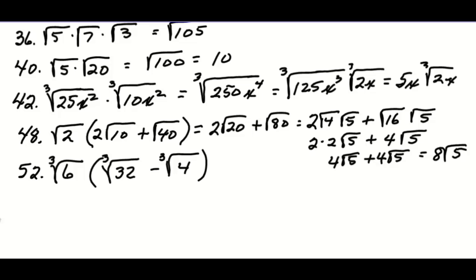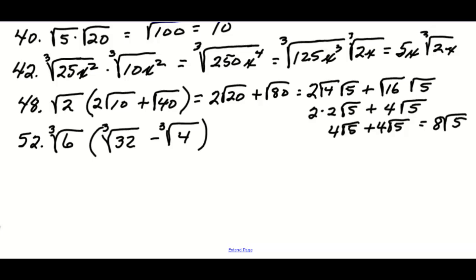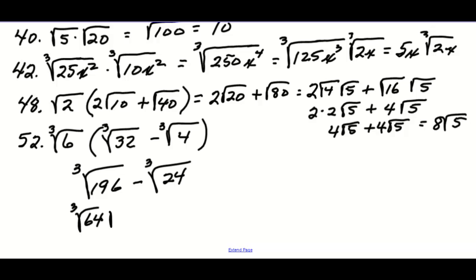Here we're again doing the distributive property, and I'm going to do that down below this because it's spaced. So if I take the cube root of 6 times the cube root of 32, what I end up with is the cube root of 192 minus the cube root of 24. Now, looking at our cube roots, what I realize is the cube root of 64 is a perfect cube, and what I have left is the cube root of 3